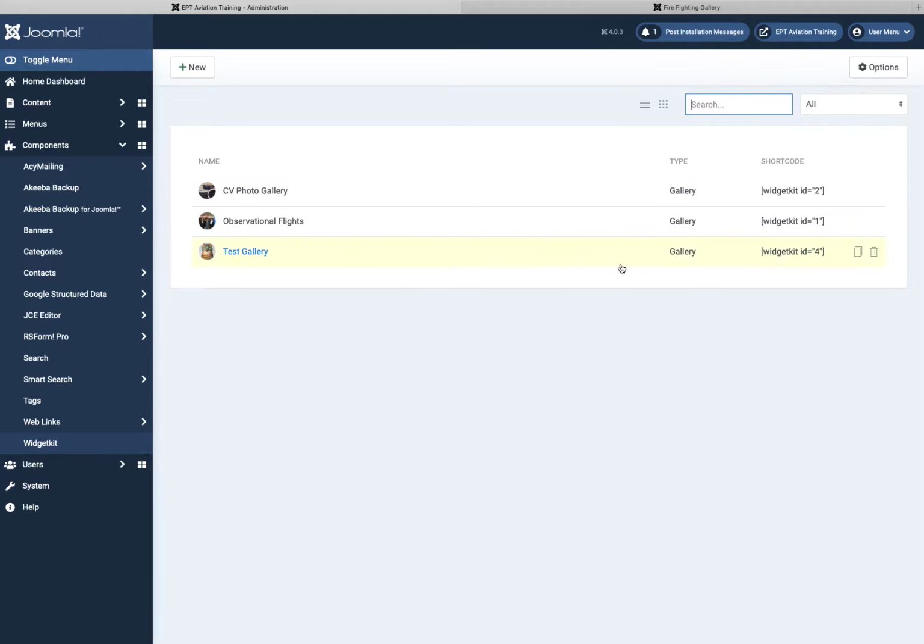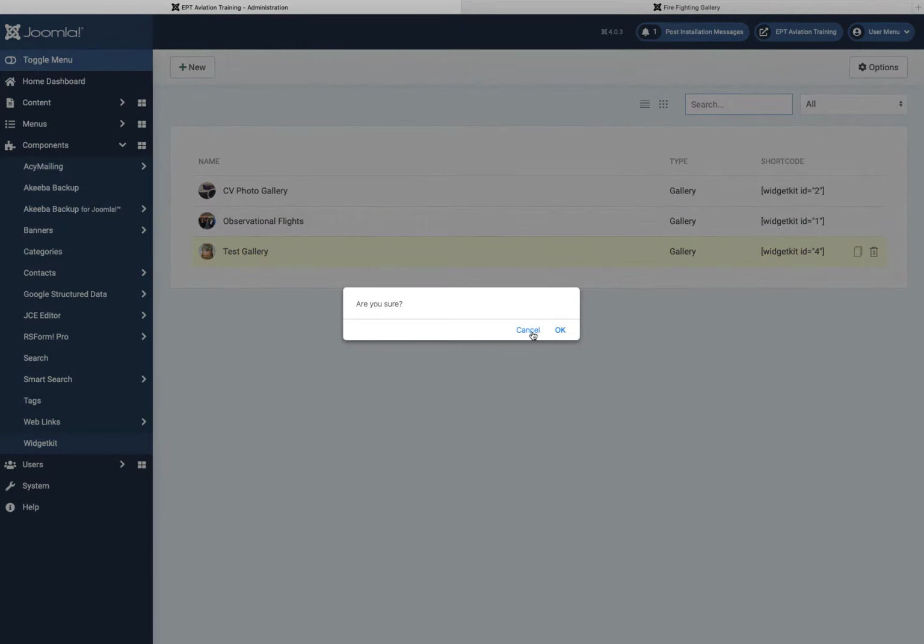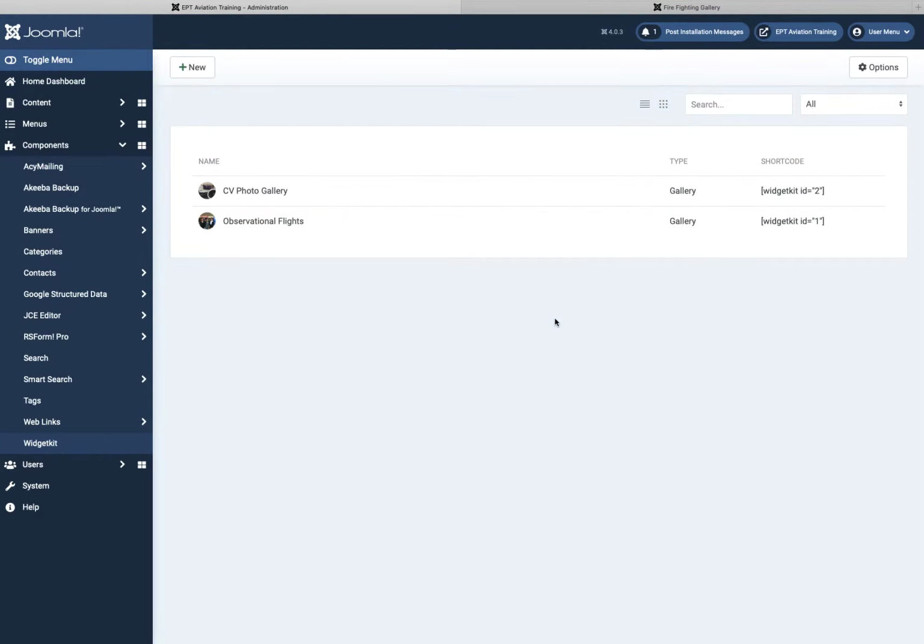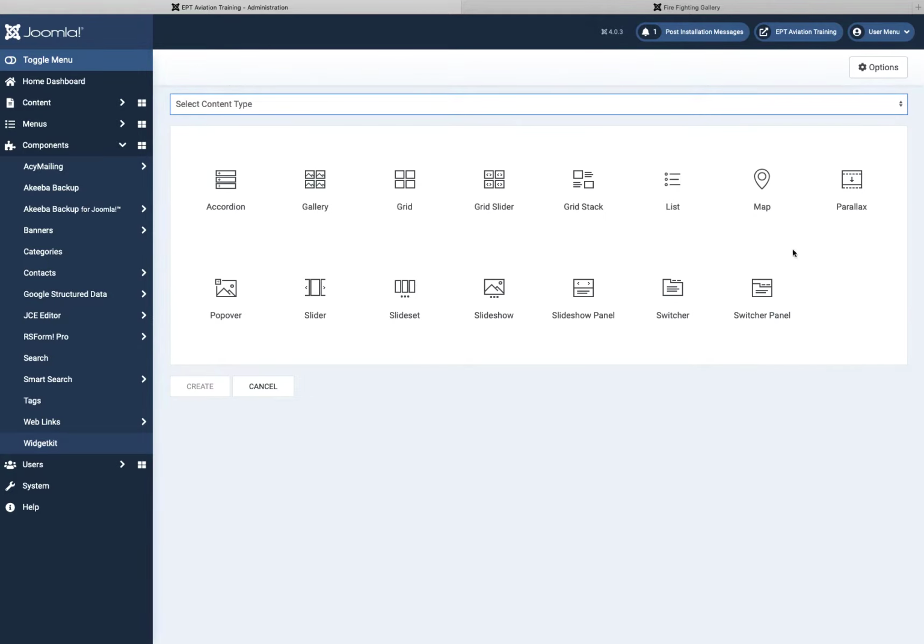So I've created the test gallery, but I'm just going to trash that. It was part of my test. Let's start it again. So we click on new to create a new gallery. Now with Widget Kit, there are many different things we can do: slideshows, popovers. It's a lovely system, but to start with, we're just going to focus on a simple gallery by clicking on